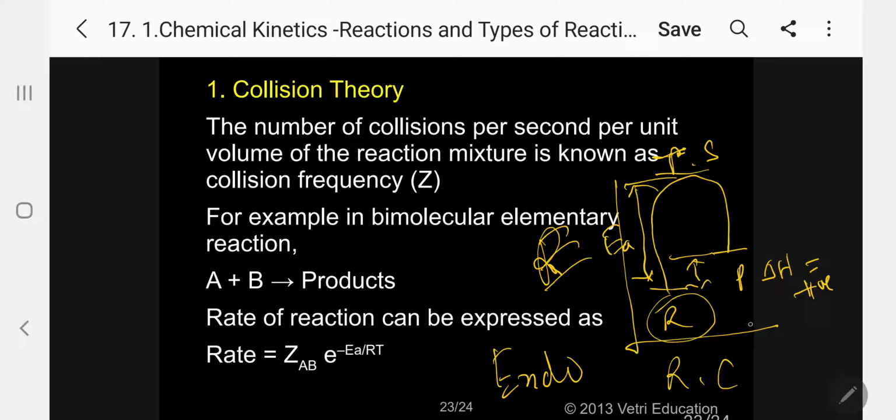Here, the energy is absorbed by the reactant, so it is endothermic, so delta H will always be positive. That is the reason when you add concentrated sulfuric acid and concentrated nitric acid to benzene, no reaction takes place, because the benzene molecule has not obtained the energy of activation. But on heating, collisions take place between the nitric acid, sulfuric acid and benzene. So the benzene molecule acquires the energy of activation at 100 degrees for 1 hour, and it is easily converted into the product, nitrobenzene.